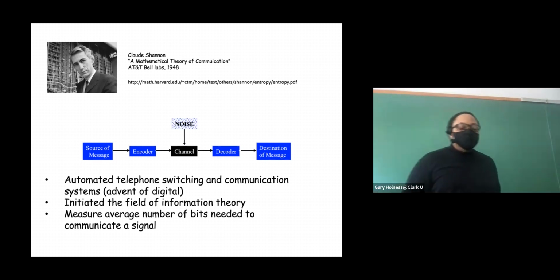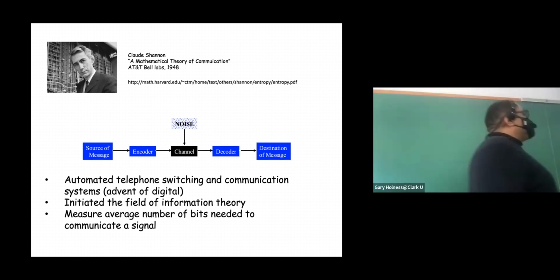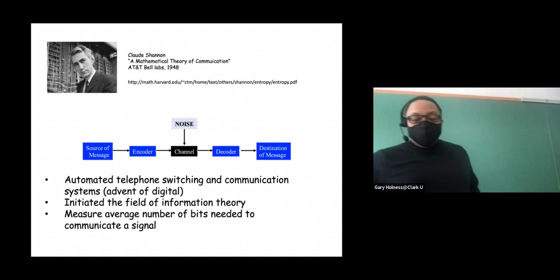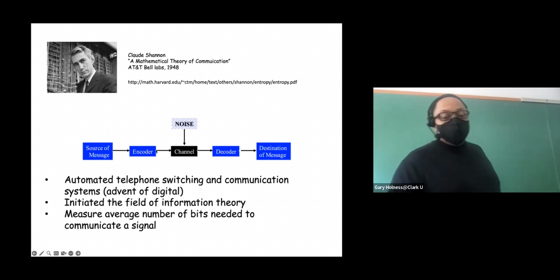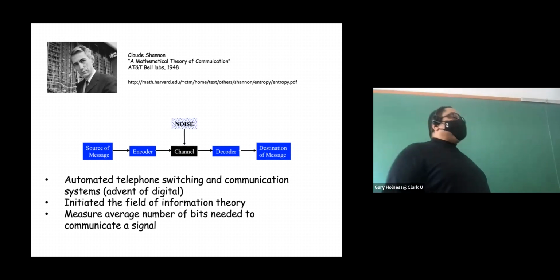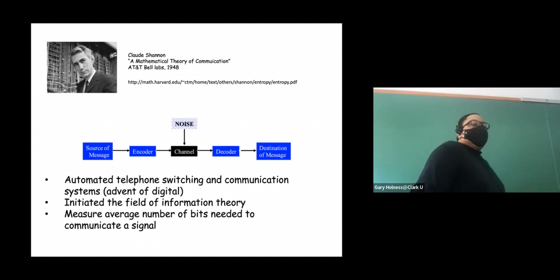And so what we do in various ways in information theory is you measure the average number of bits used in order to communicate a signal. So we start out on the left-hand side with your voice signal. You have an encoder that does what's called quantizing. It chops up your range of values into discrete levels like bins of a histogram. And when it observes a value, it says, this is the value, and I can count all the different such values. Does that make sense? Any questions? No? All right.